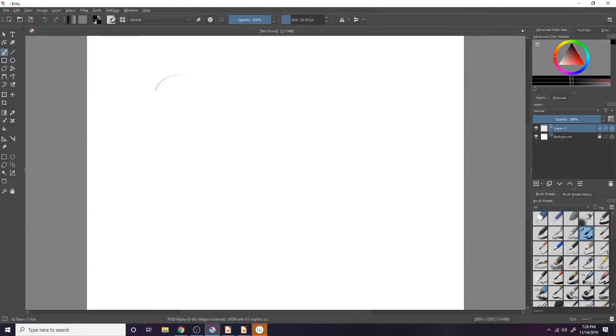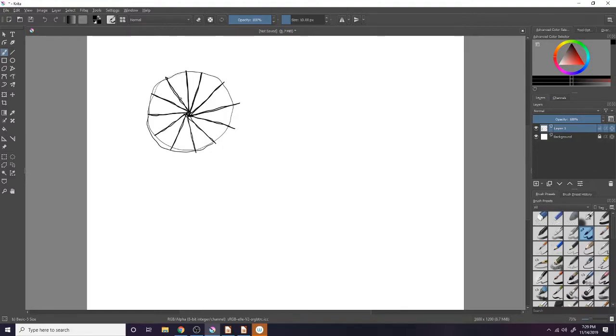I'm going to draw a circle, and it's going to be a crappy circle. It doesn't matter. And then find the center, visualize the center, and go out to the edge and back and make a pie shape and come back. And oh, I went past it. I did it again. You should be doing a little better because you're looking at the paper as you're drawing. I'm working on a Wacom tablet, so I have to look up at the monitor and hope that my hand does what I want it to and stops when I want it to. I ended up getting some control back in there, and that's basically it. So hopefully you were able to kick one of those out.